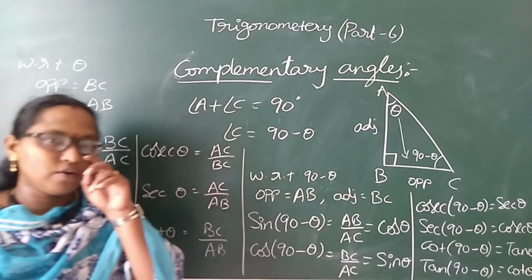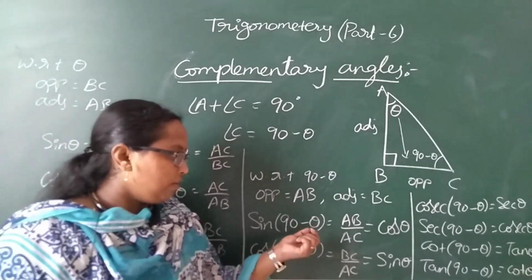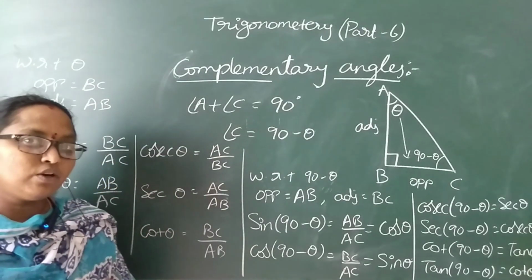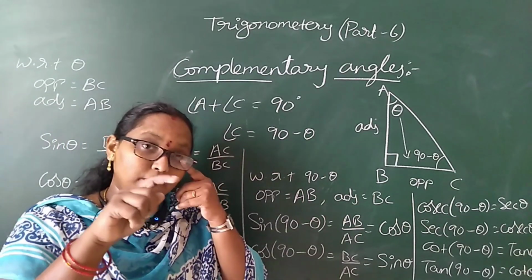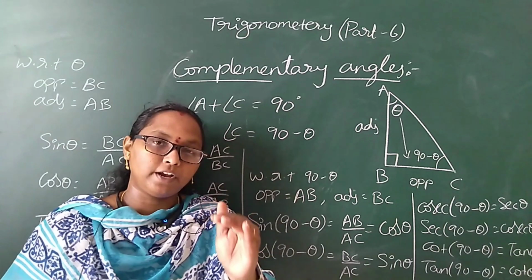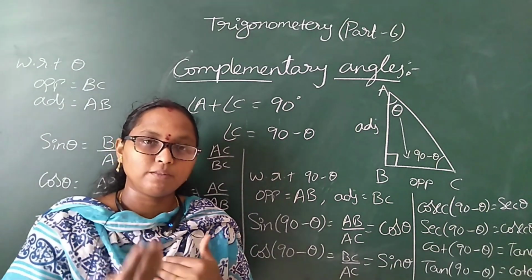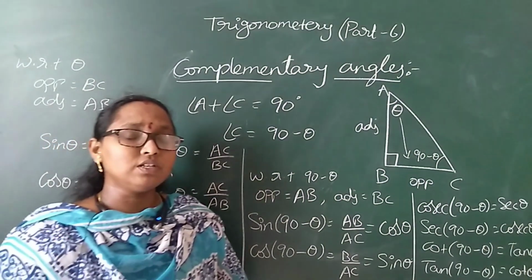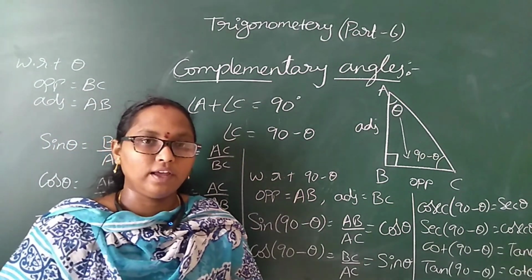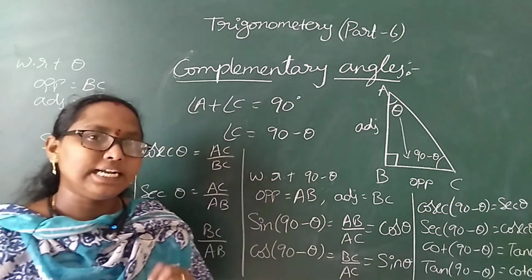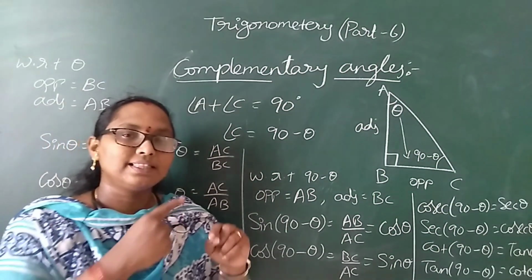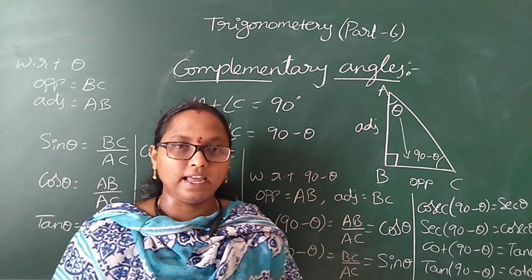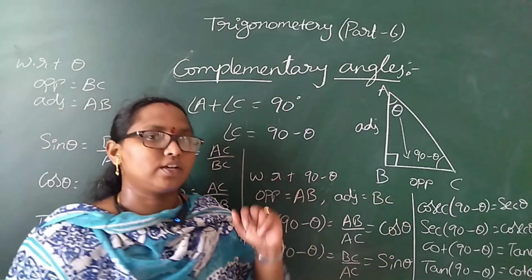You can even prove this with the help of the figure. Now, if you want, open the table values in the textbook. Open that table right now, along with me. Now I will ask you a few questions, and you check whether they are equal or not. So sin 30 value will be equal to, the complementary of 30 degrees is 90 minus 30, 60 degrees, right? So you check cos 60.